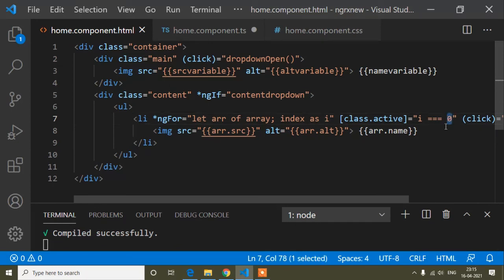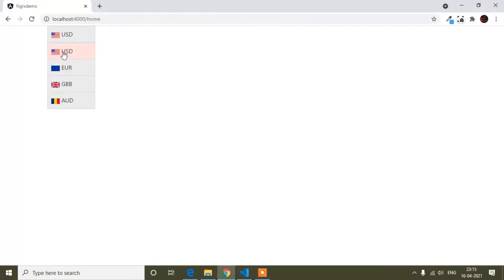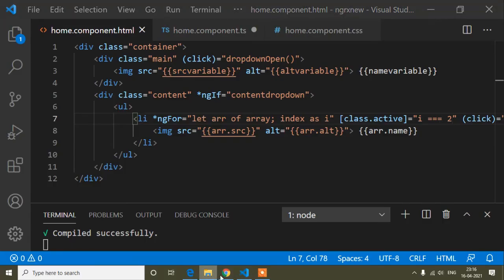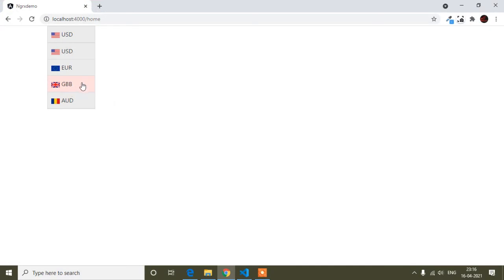That means when i is 0, you can see the first is 0, then 1, 2, 3. So here I have said when i will be 0, that time I have bound this active class. So that's why it's added by default here. Suppose guys, now if I write 2 and save, you can see the change here. So you can see i is here.